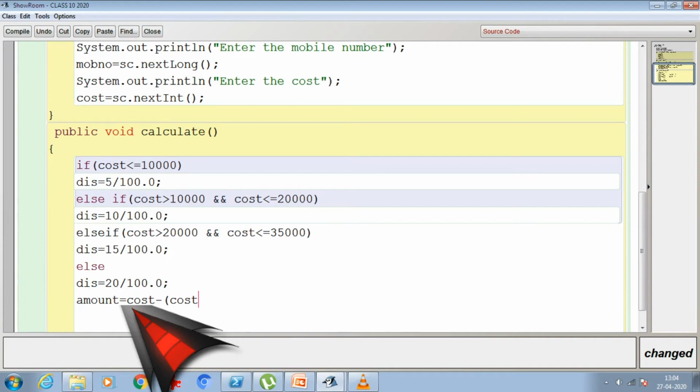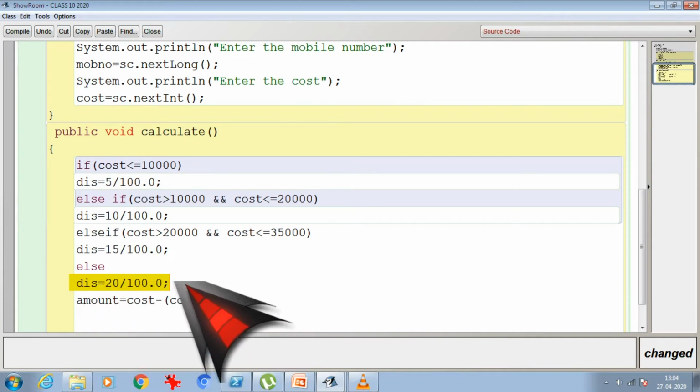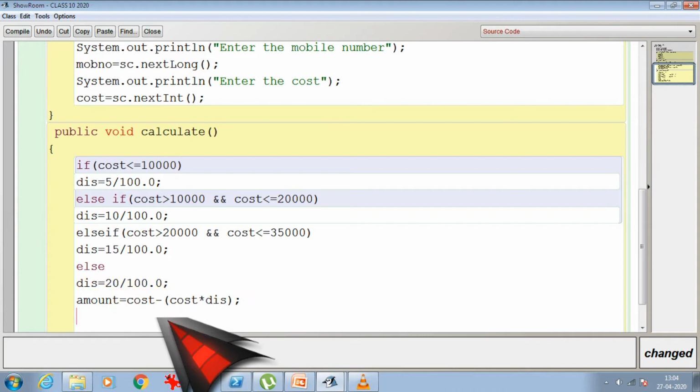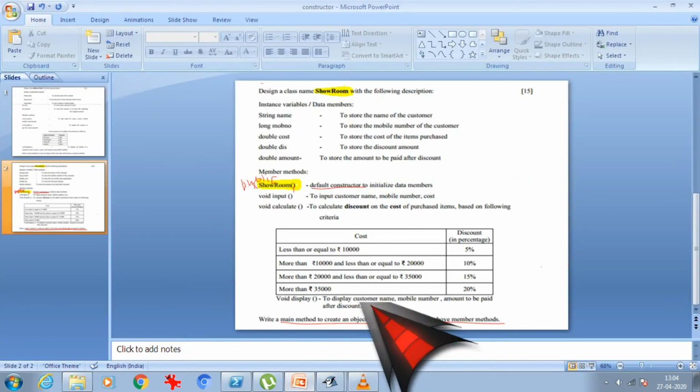For the discounted price, the formula is the actual cost minus the discounted amount. That amount I now have to pay. I don't need to divide by 100 here because I have already done that. So till this part it is finished.